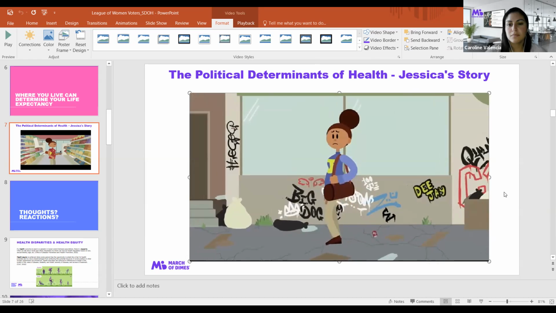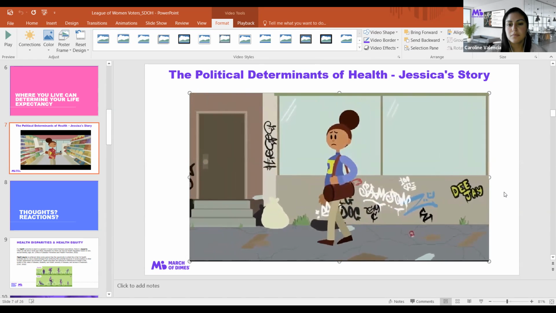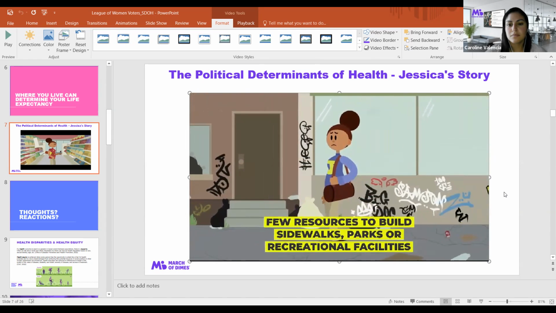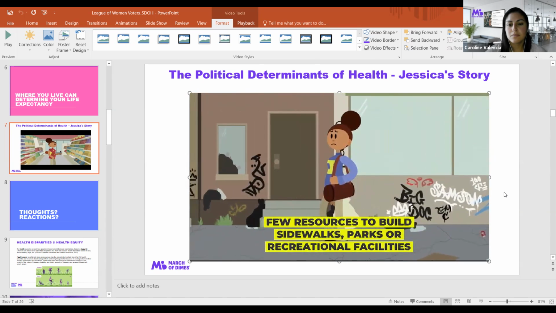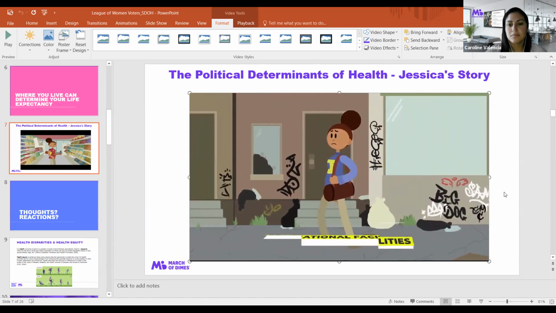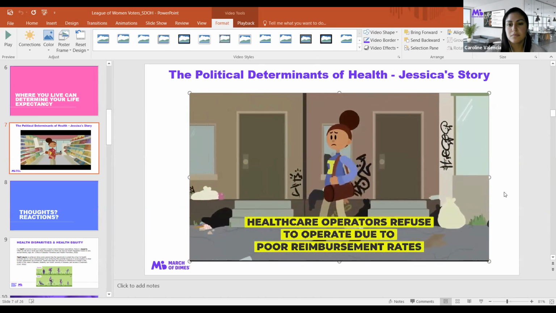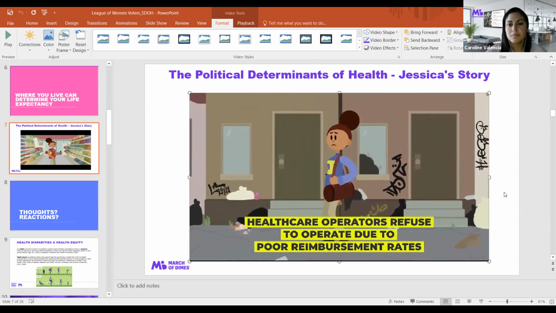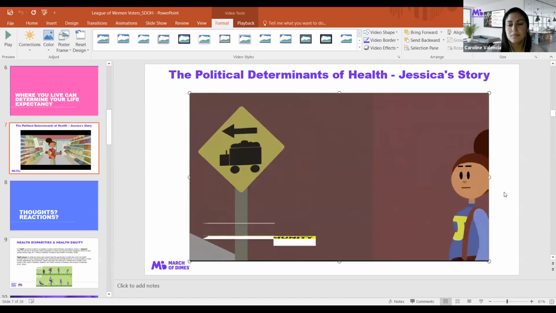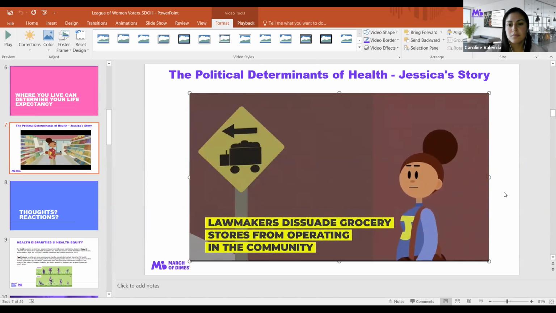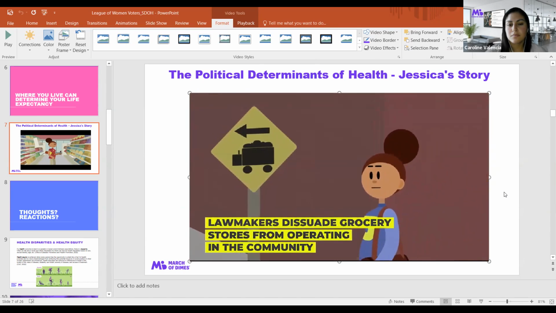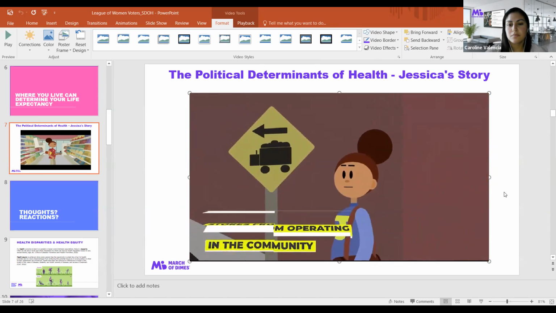For example, determined to keep housing segregation in place, politicians expended very few resources to build sidewalks, parks or recreational facilities. Healthcare providers refused to operate in Jessica's community due to poor reimbursement rates from Medicaid. Because they resisted creating bus routes, lawmakers dissuaded grocery stores from operating in the community, preventing residents access to fresh